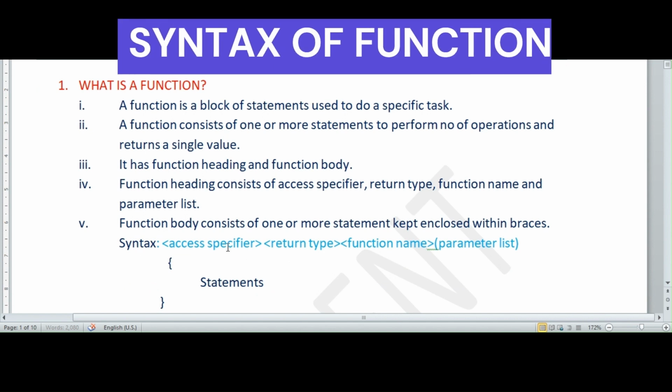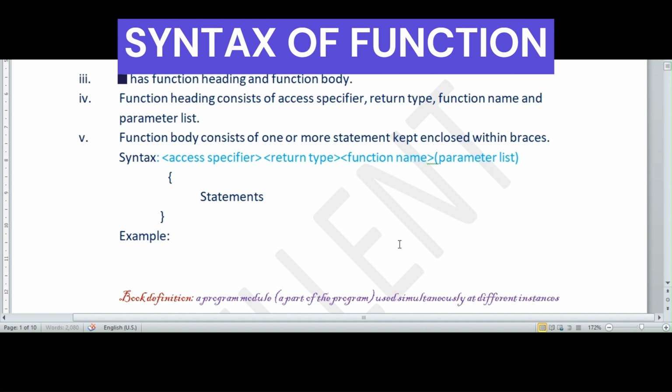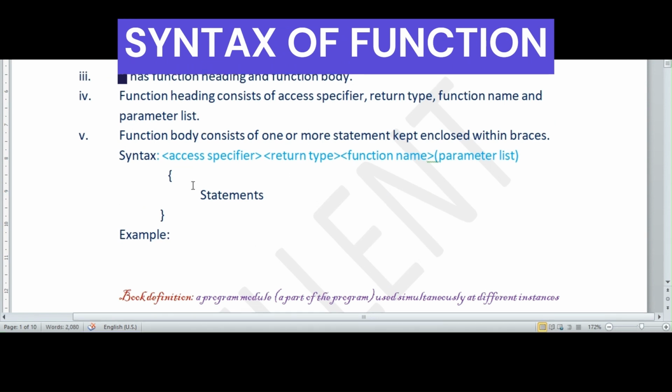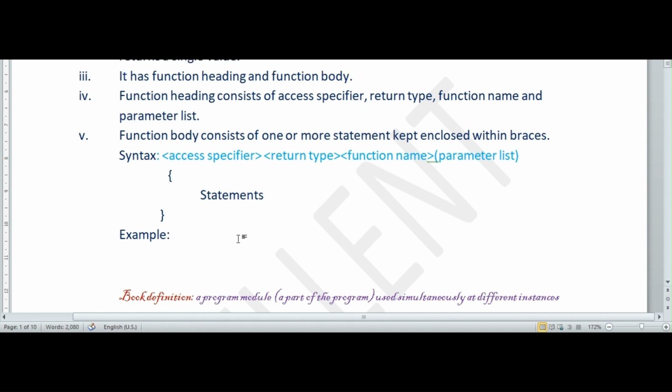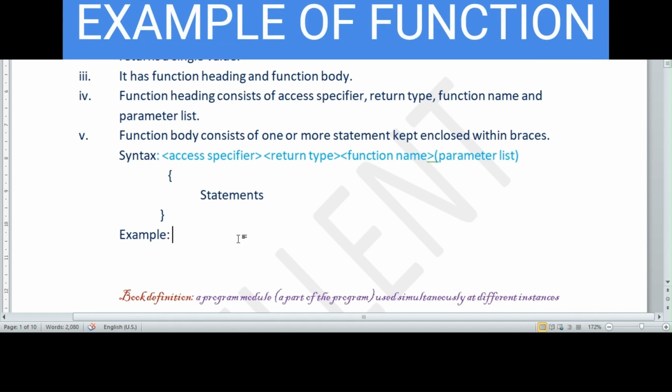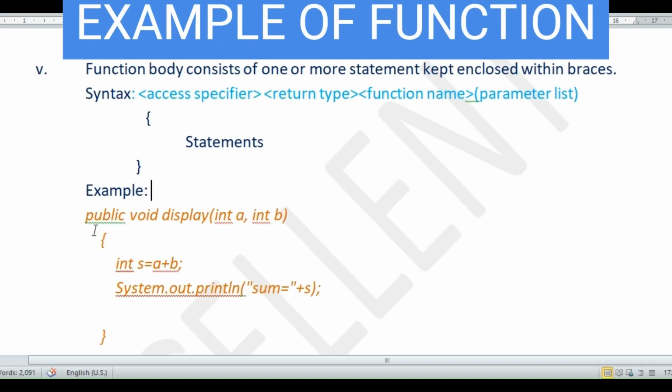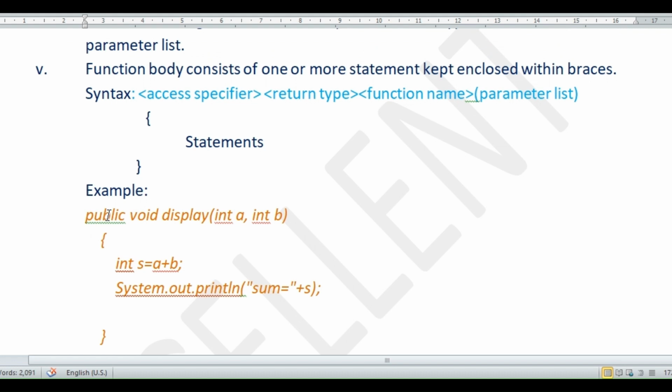Syntax is access specifier, return type, function name, parameter list, and curly brackets open and close with statements. This is your function header and this is the body of the function. This is the syntax. Example: to find the addition of two numbers. This is a function to display the addition of two numbers. Public void display (int a, int b) { int s = a + b; System.out.println("sum = " + s); }